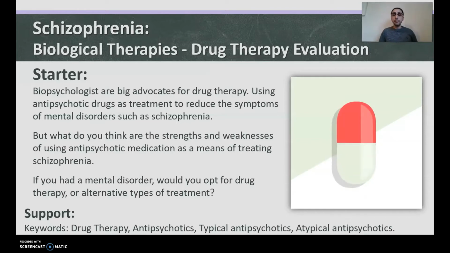I know myself, where possible, I prefer not to take any sort of drug medication. And I try and do more natural treatments, or alternative treatments. Maybe talking therapy. Being a psychology teacher, I love psychology and I love the power of talking therapy. And I think it could potentially be a lot more effective and treats the origin of the issue rather than drugs which treat the symptoms. But that's just my opinion. What's your opinion? Let's crack on, shall we?